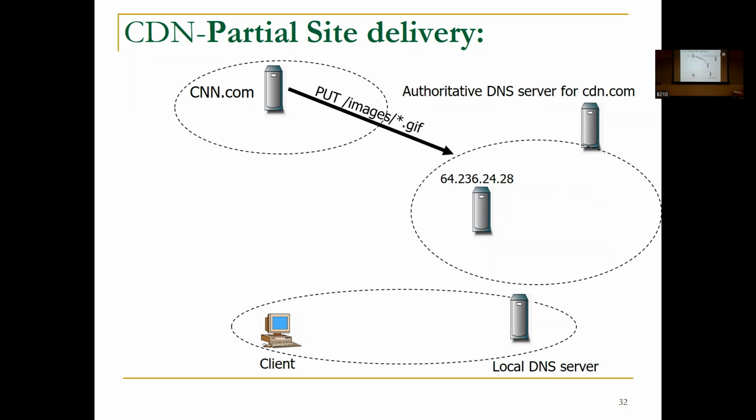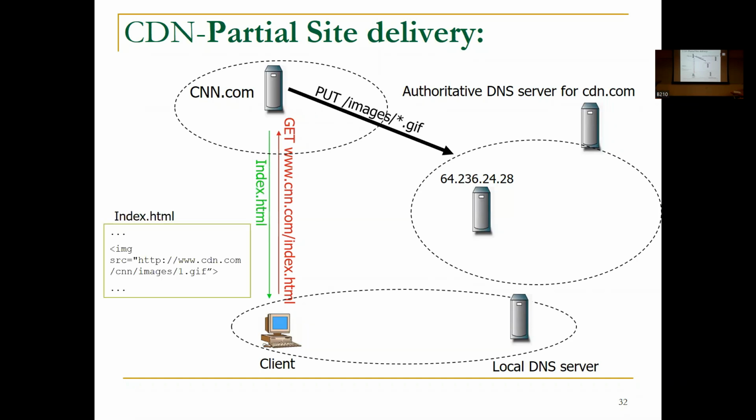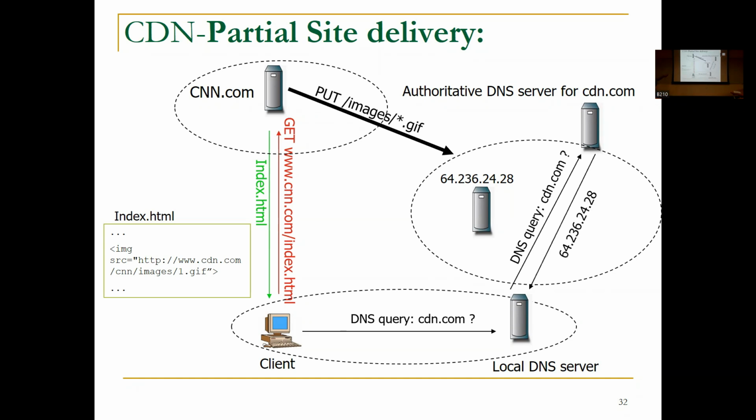Whenever this client wants to make a request, it will send a GET request to access some page, such as index.html, and then it will get a reply. Then it will make a request to get all the data, all the images of this page, to this DNS. DNS will ask this, and it will be replied to pass the address of this server, and then it is passed to this. It's all happening based on some algorithms working behind this.